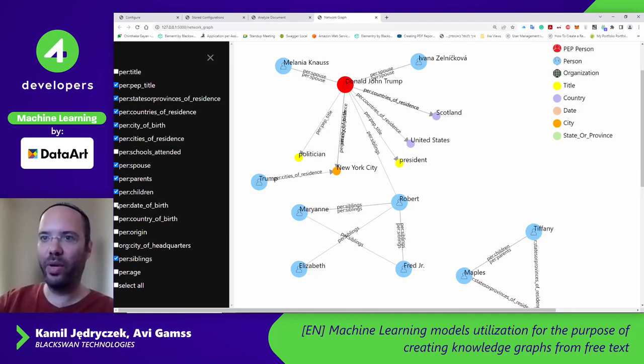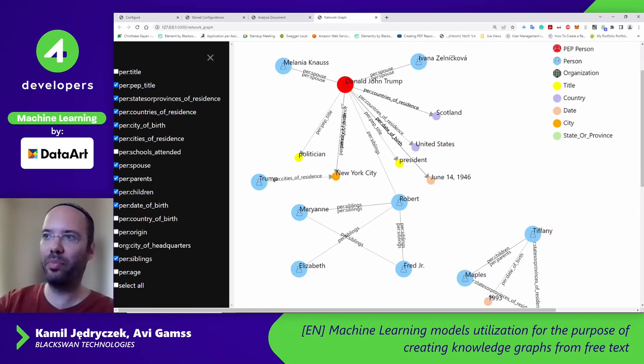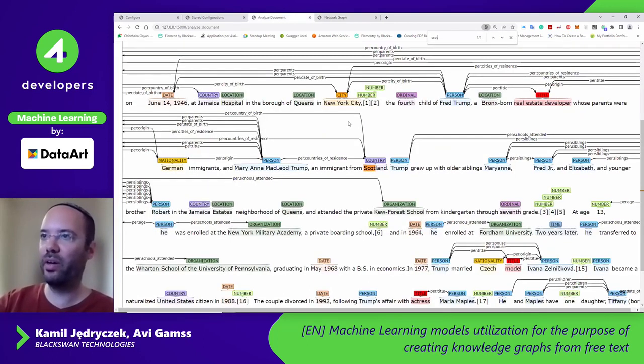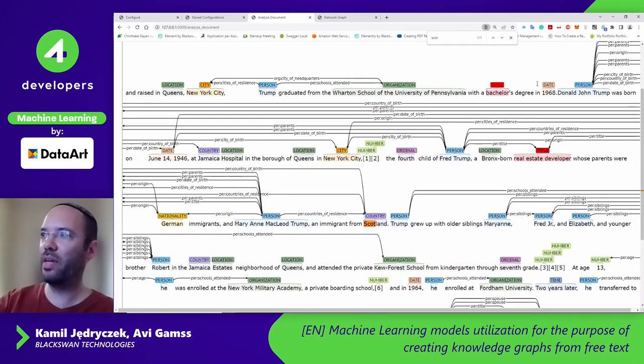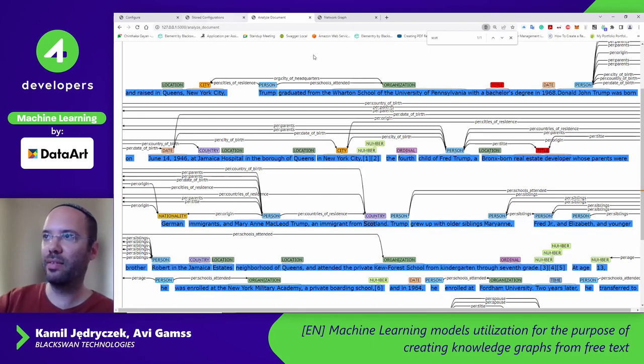Going further, we could see date of birth, which is a pretty specific piece of information. Donald Trump born on June 14th, 1946, as well as his daughter Tiffany in 1993. We can even see that specific information over here in our document. Donald Trump was born, and here it's person date of birth, June 14th, 1946. At the same time also, if we go further, we could see that,